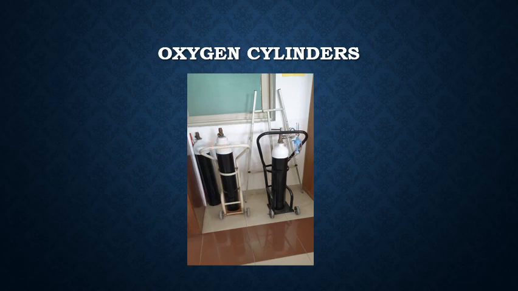The other part is the oxygen cylinders. They are attached to the organ bath because it is an isolated organ bath. The intestine is removed from the body of the animal, so it needs oxygen and nutrients to survive. That's why oxygen and a nutrient solution are provided for the survival of the intestine.